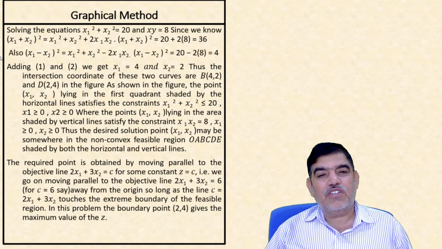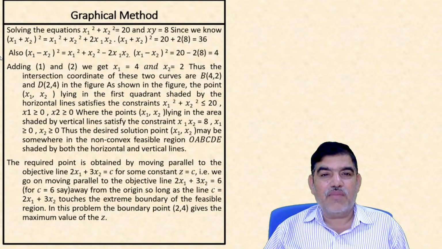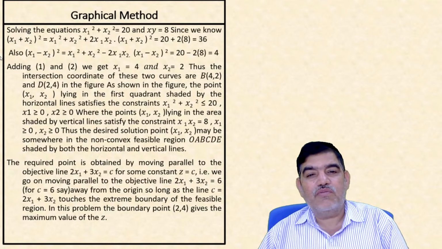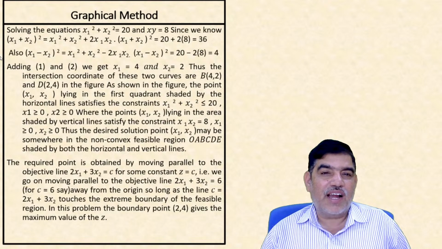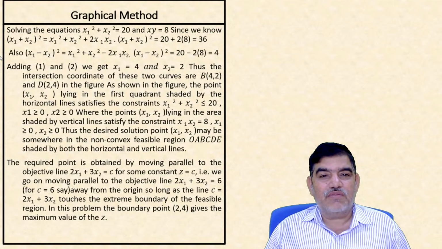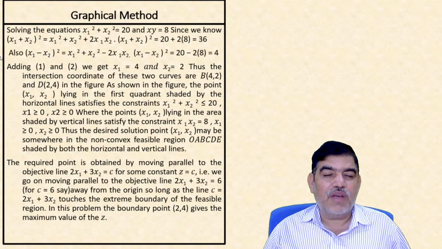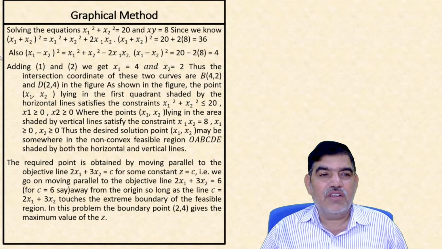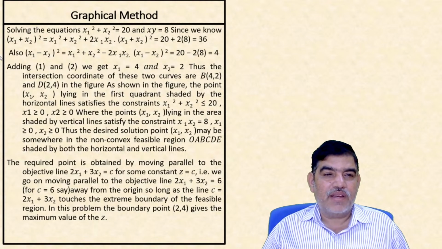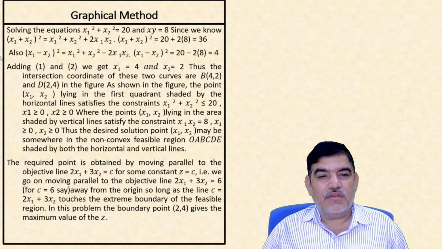Then (x1 − x2)² = 20 − 2 × 8 = 4, that is 8 × 2 = 16, 20 − 16 = 4. Adding the two equations, equation 1 and equation 2, we get x1 = 4 and x2 = 2. That is, we get the values of x1 and x2. Thus, the intersection coordinates of these two curves are B(4, 2) and D(2, 4),